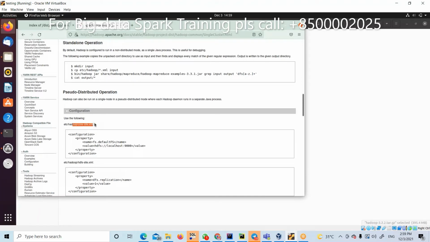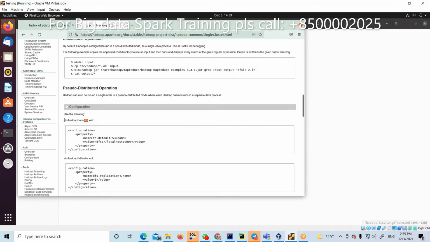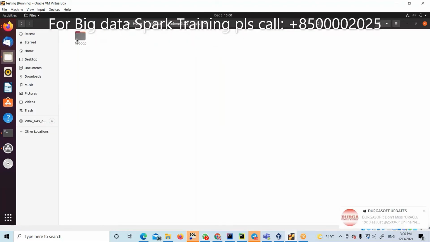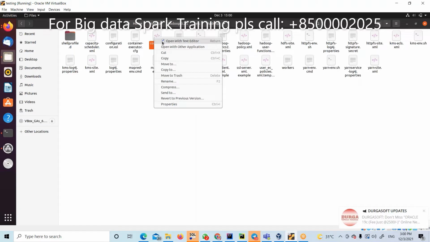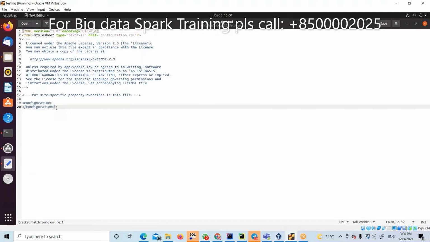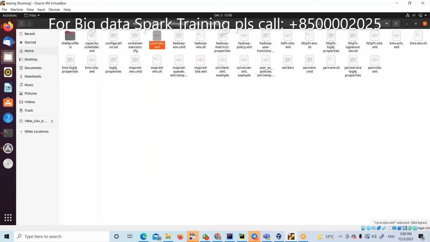Here, core-site.xml arrived. Just paste this one. Here you have core-site.xml, in etc/hadoop. In Hadoop, you have etc/hadoop/core-site.xml. Just place this one. That means either use vi editor commands or anything else, normally also fine. This is Hadoop 3.2.2, etc/hadoop/core-site.xml. Just replace this one instead of the old configuration. Paste this one, that's it. Simple, very, very simple.